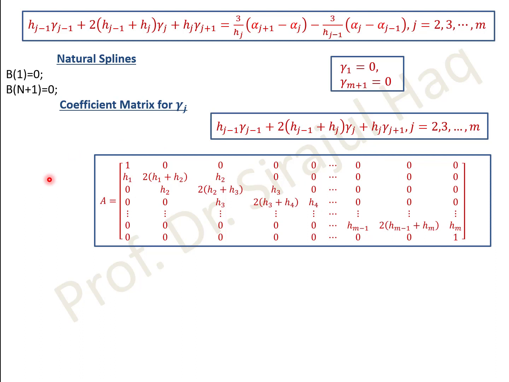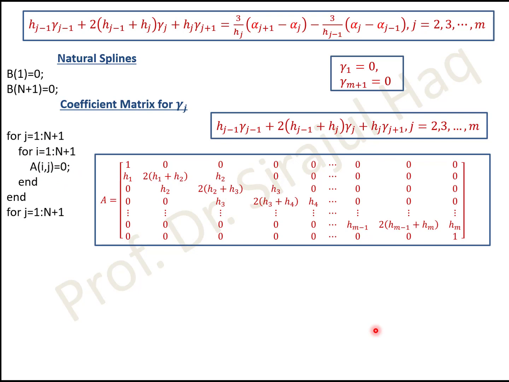So first of all, let's define the matrix A. All the entries are 0. So you can see these are the column numbers 1, 2, 3 up to m plus 1. So I can say n plus 1 because I define n as m. And similarly row 1st, 2nd, 3rd up to m plus 1. So all these entries I define as 0, so that there is no confusion. In this case, you replace the matrix A by 0. All the entries are 0. What are we doing now? We are replacing these zeros by these non-zero values now.